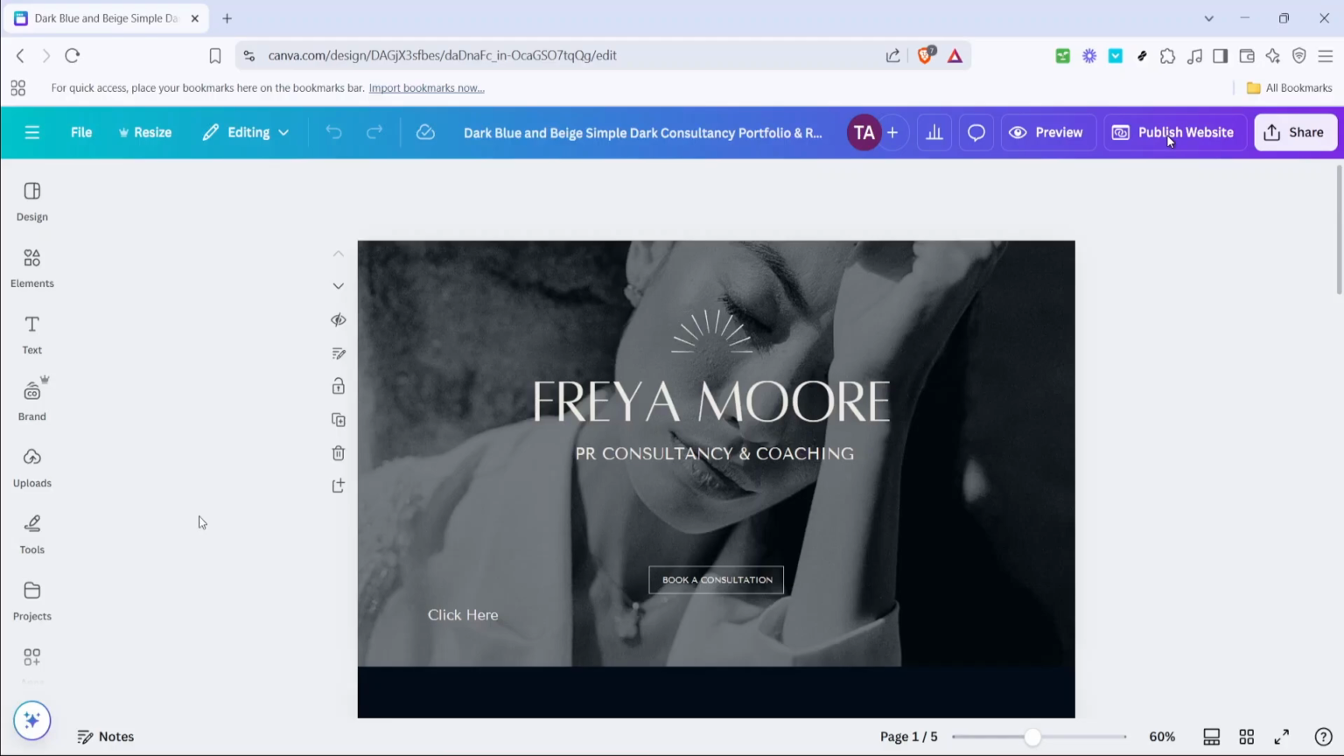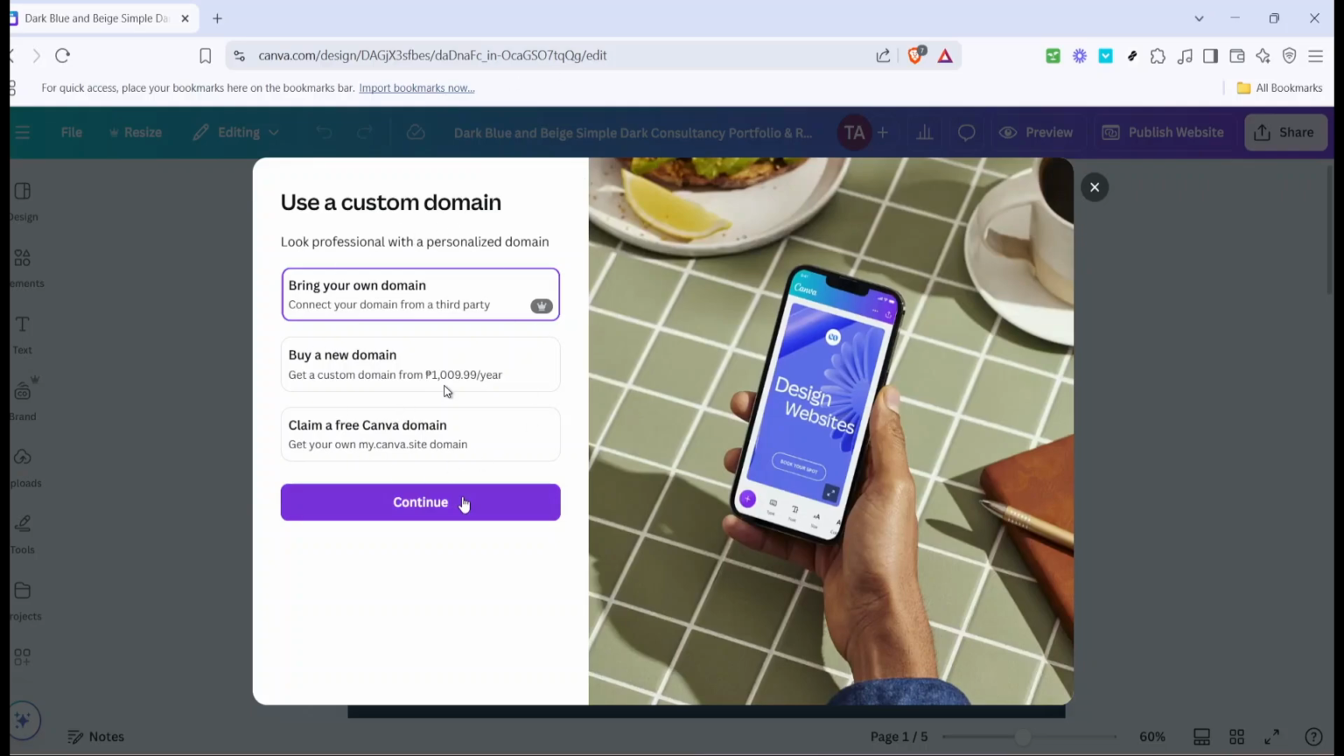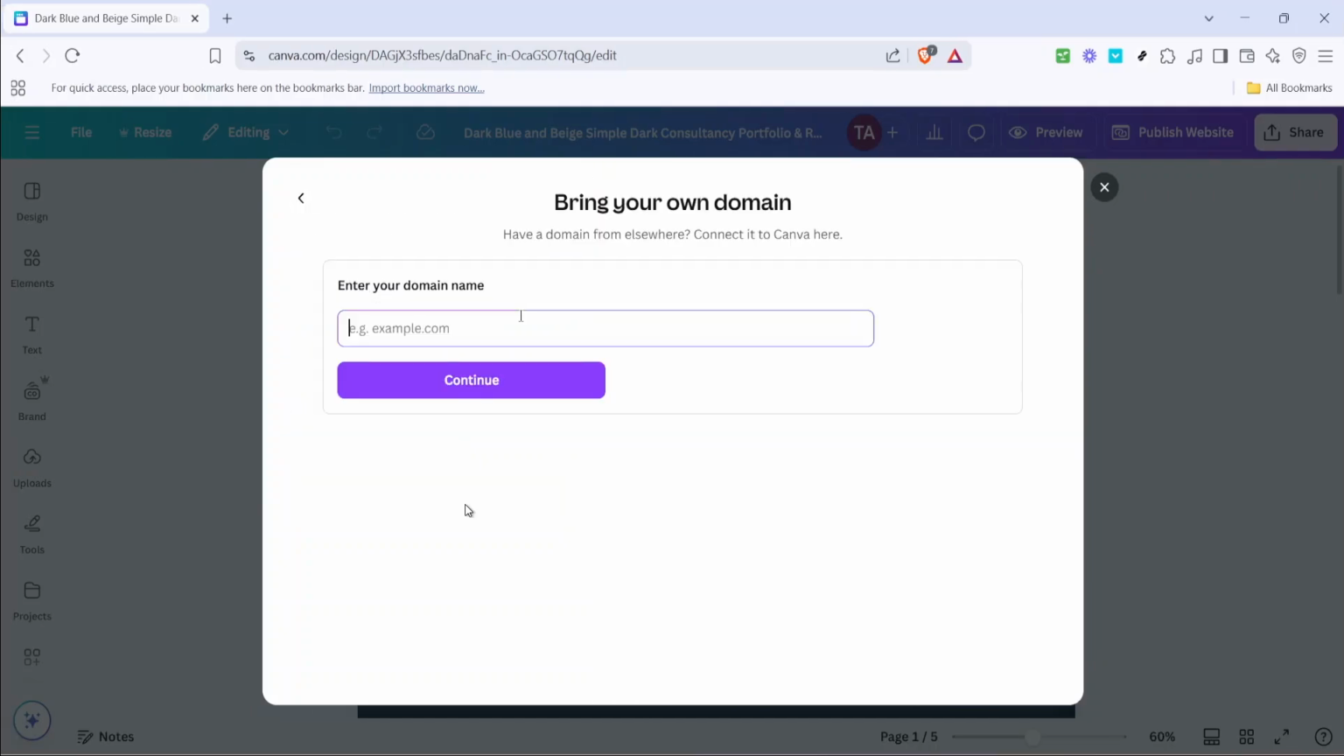You have to simply click on it, and after that you will get this use a custom domain option. Here you have to simply click on bring your own domain, and after that you have to simply click on continue. And once you click on continue, the next step is, it will simply take